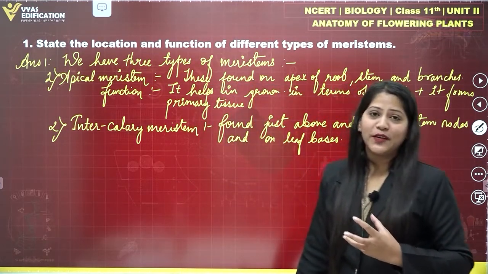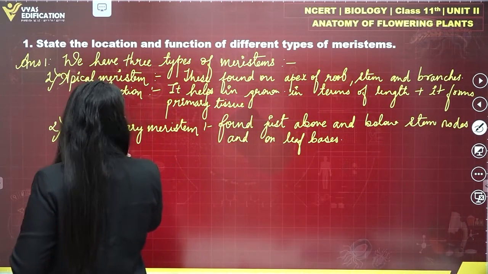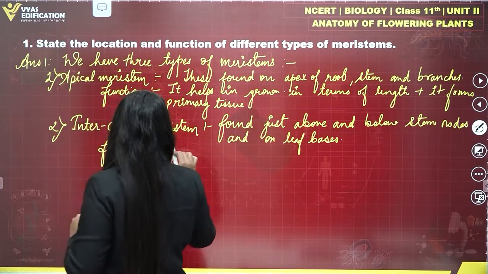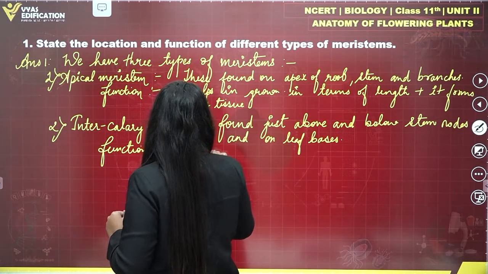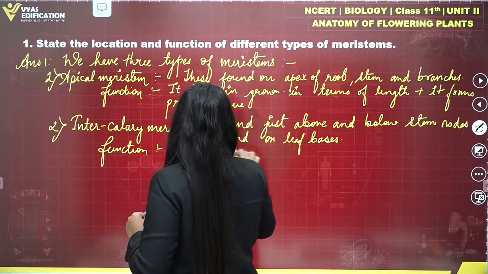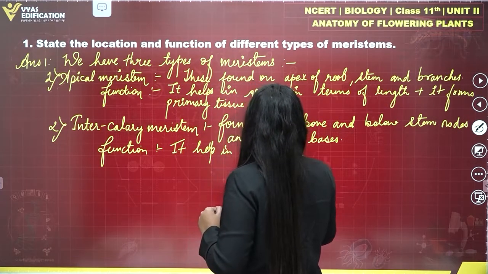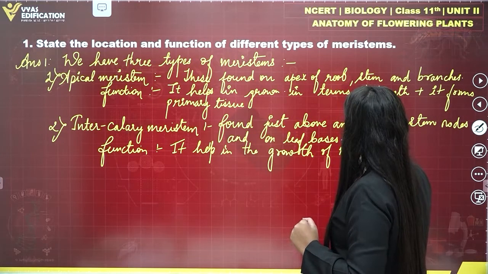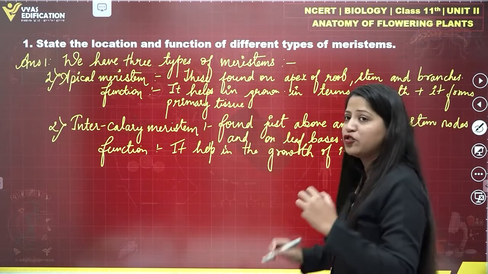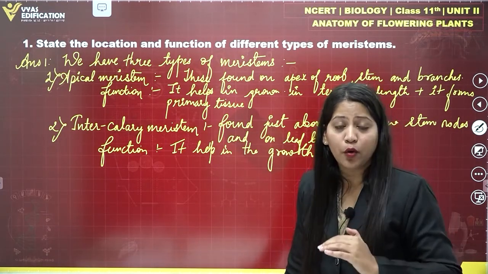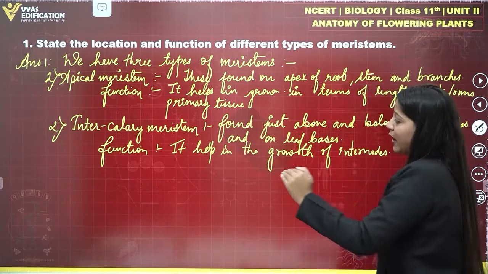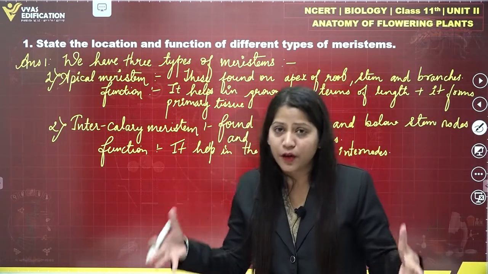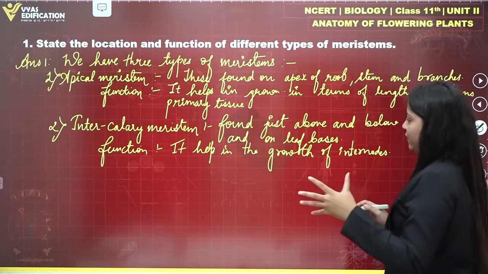Now what is the function of intercalary meristem? We know that if we discuss the function, then it also helps in the growth of internodes, which is going to eventually help in the growth in terms of length of a plant, right? So function of intercalary meristem is it helps in the growth of internodes and growth of leaves,